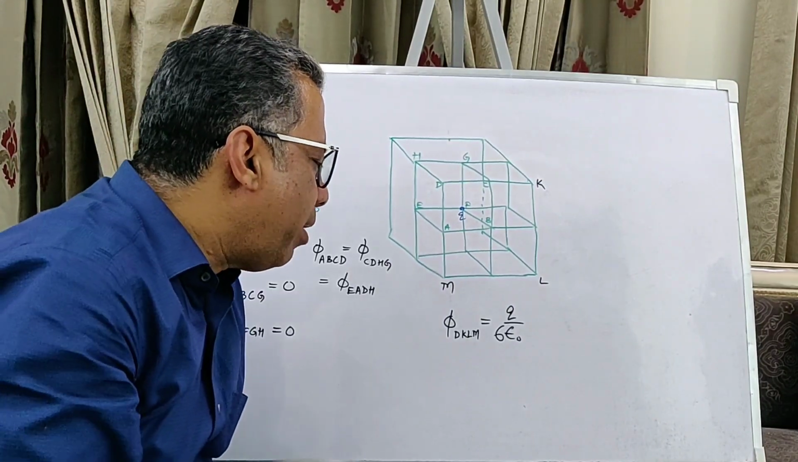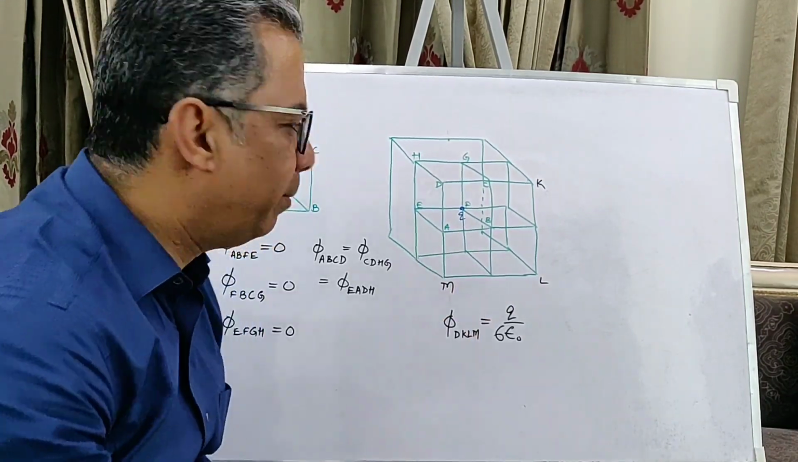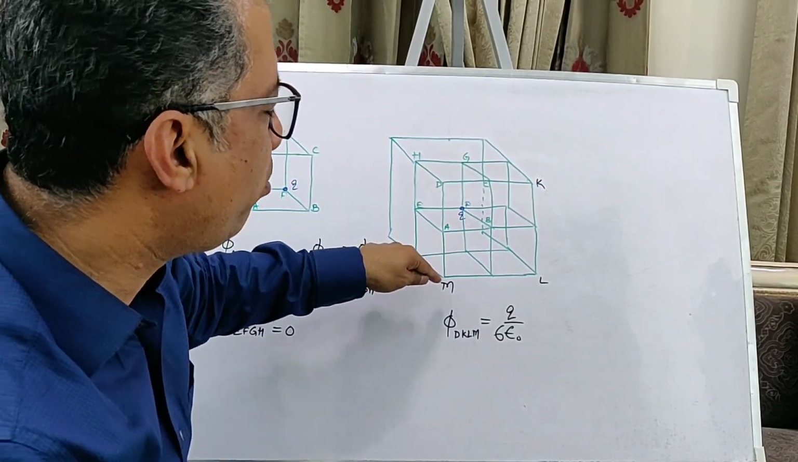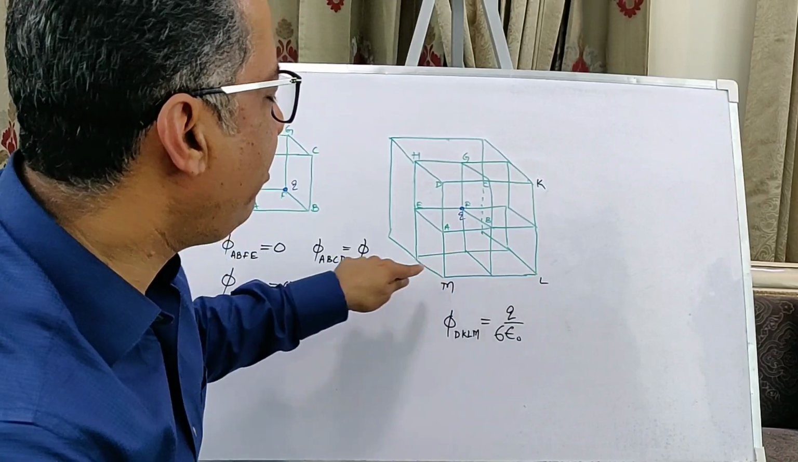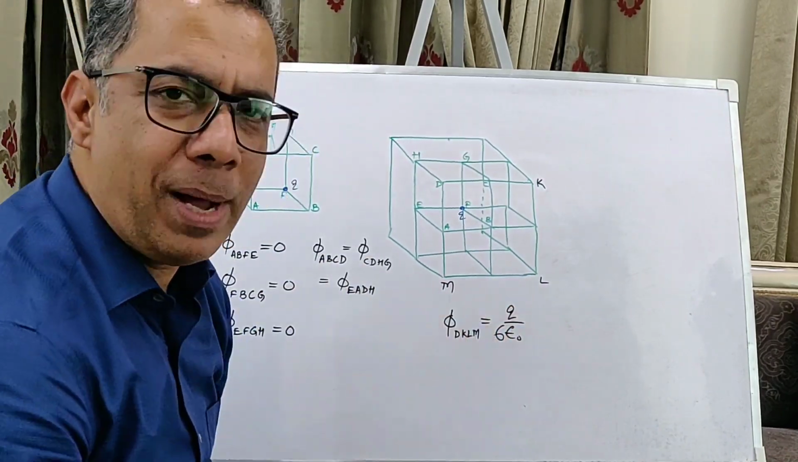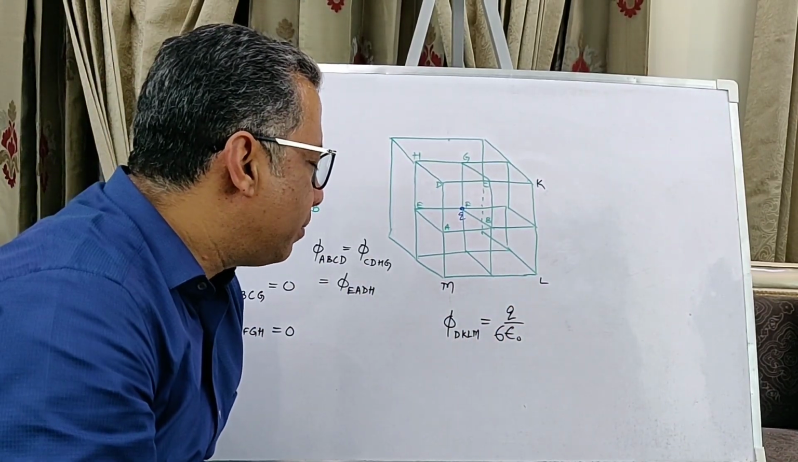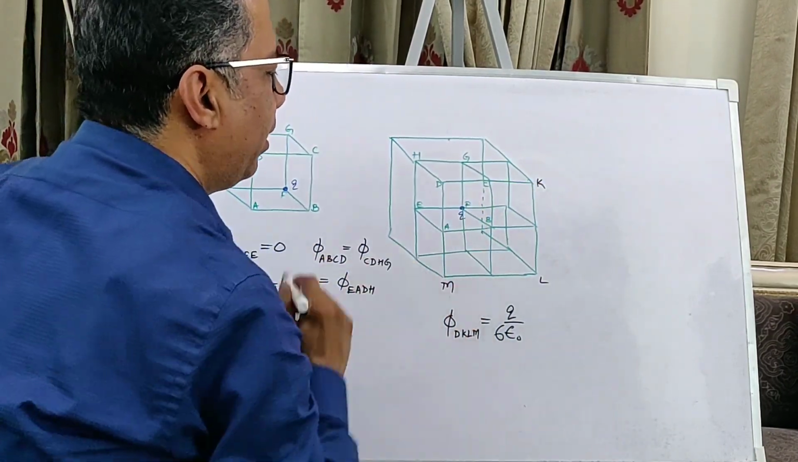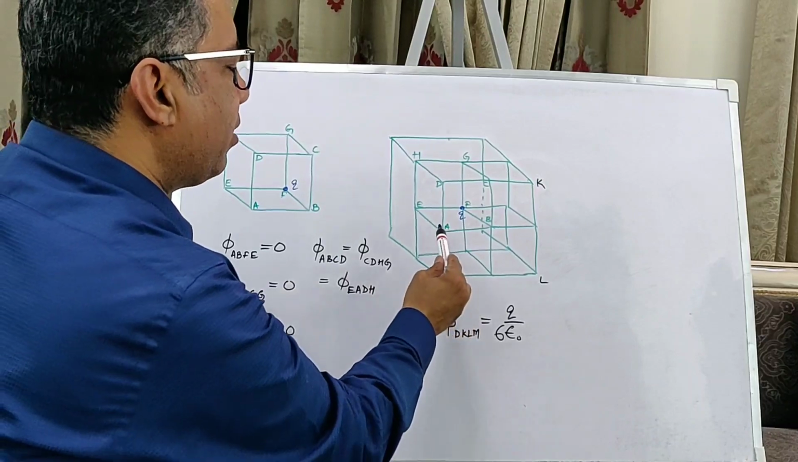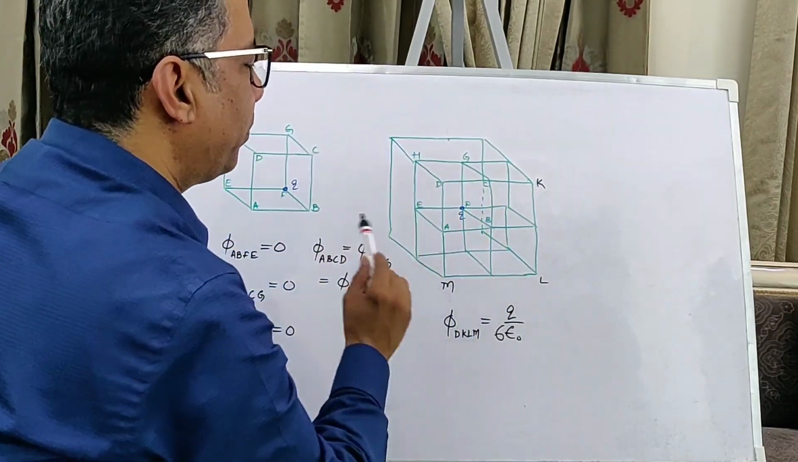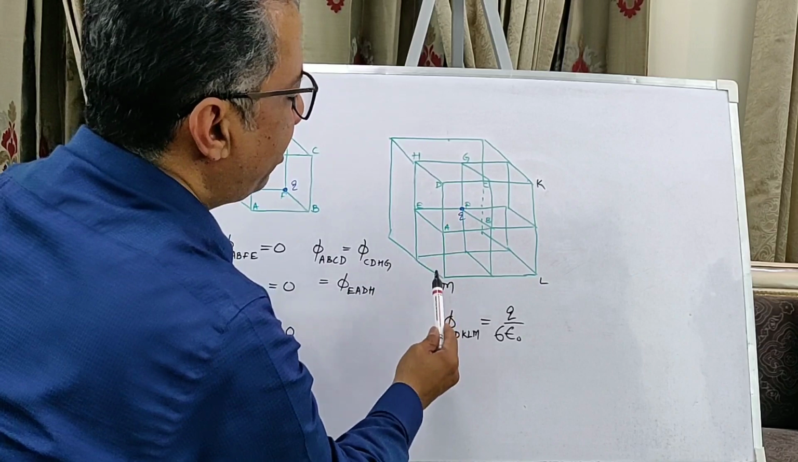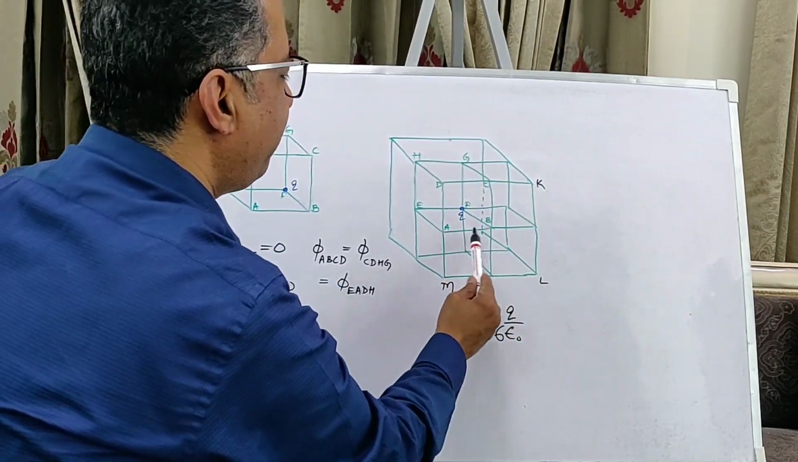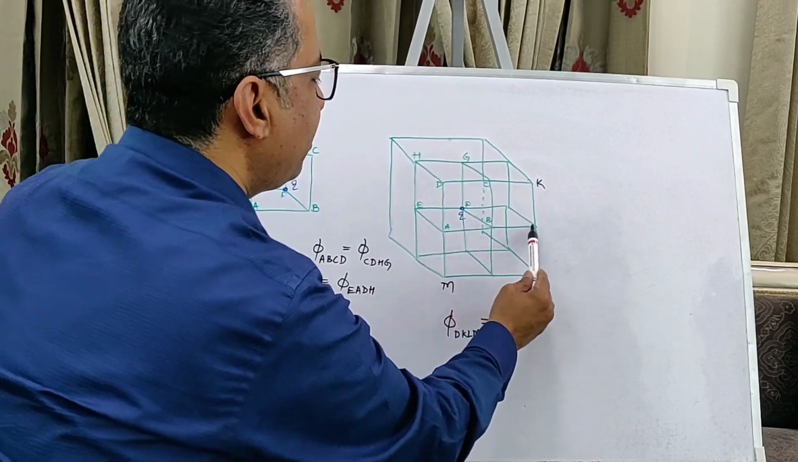This is something we've already discussed in the previous problem: if you have a cube and a charge Q at the center of that cube, then the flux through any one of the faces equals Q by 6 epsilon naught. So that's the flux through this large face here. But we were interested in the flux through A, B, C, D. Now since the charge Q is at the center of the cube, the flux through this surface A, B, C, D,